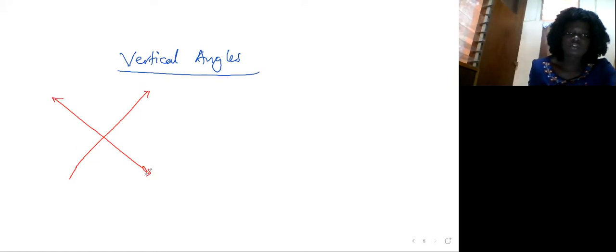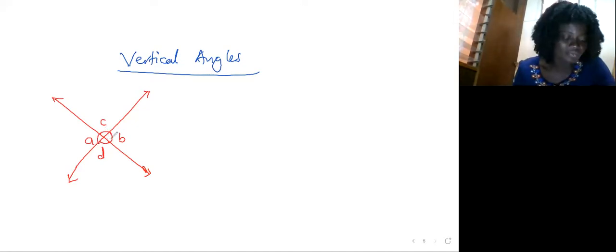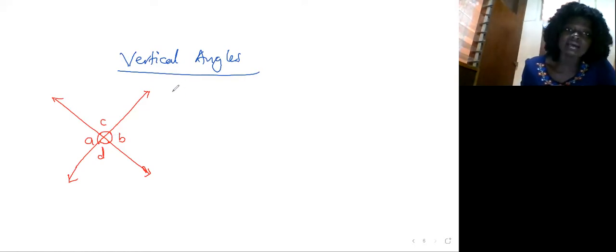Okay. So with our arrowheads, we have A, B, C, and D. Okay, so what can we say about this? So what we can say about this is vertical angles